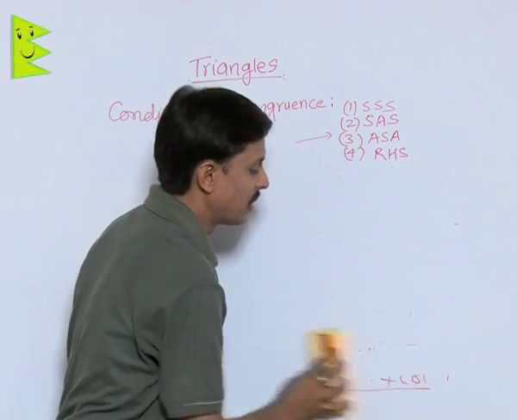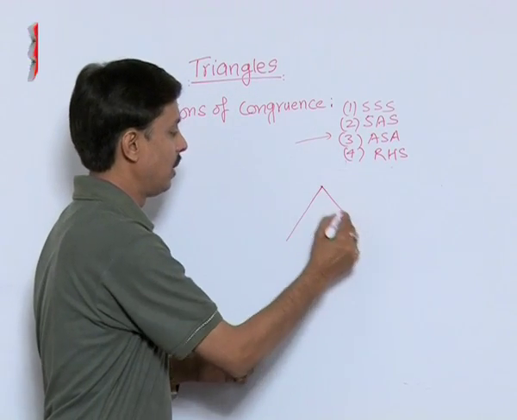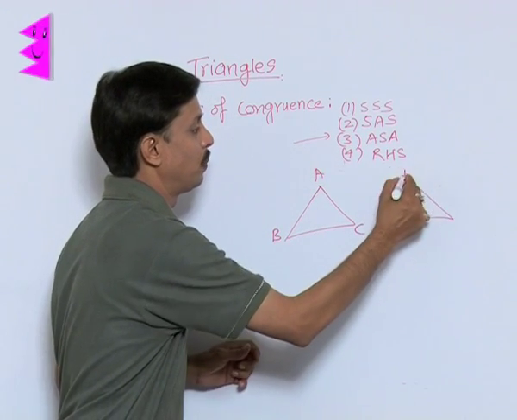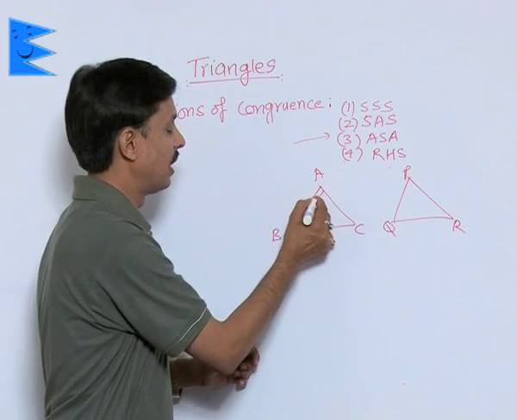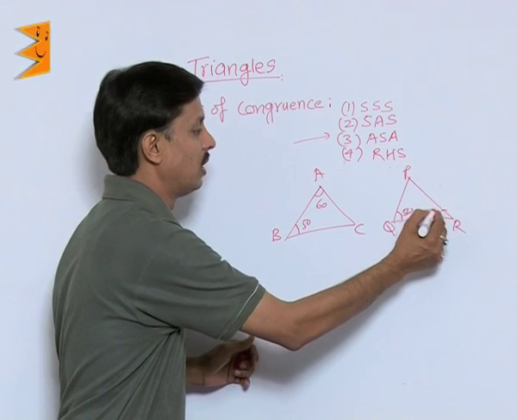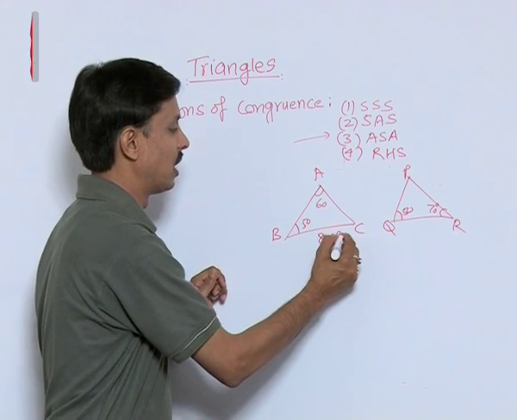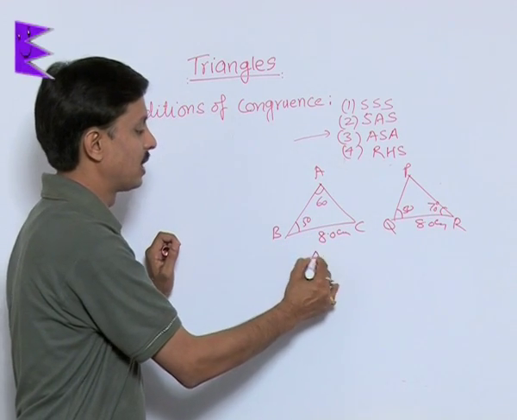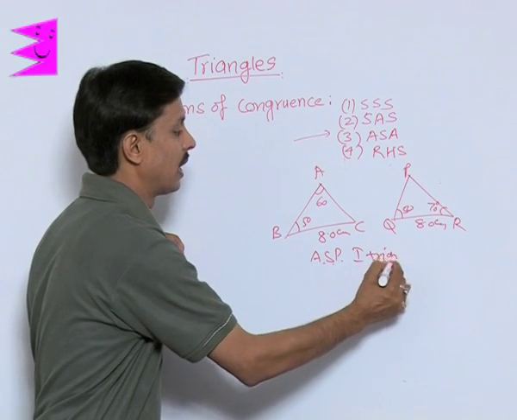You can see here, if there are two triangles, one is the triangle ABC, and this is the triangle PQR. Suppose here the angle is 50 degrees and this angle is 60 degrees. And in the other you say it is 50 degrees, this angle is 70 degrees. And this side is 8 centimeter, this side is also 8 centimeter. So with the help of ASP, angle sum property, in the first triangle,